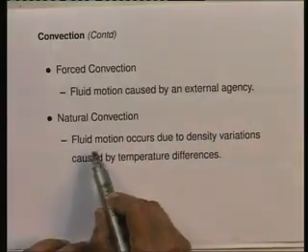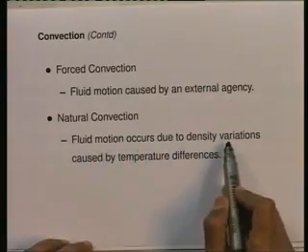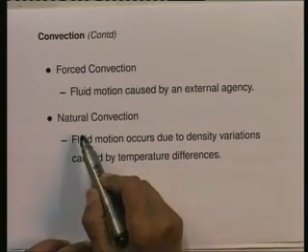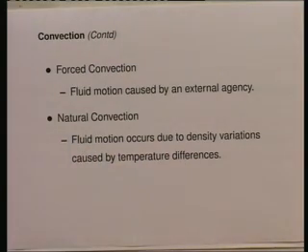And on the other hand, if the fluid motion occurs due to density variations caused by temperature differences, then that is called natural convection. So, convection is of two types: forced convection, when the fluid motion is caused by an external agency, and natural convection, when the fluid motion occurs due to density variations which are caused by temperature differences. Now, the third mode is radiation,